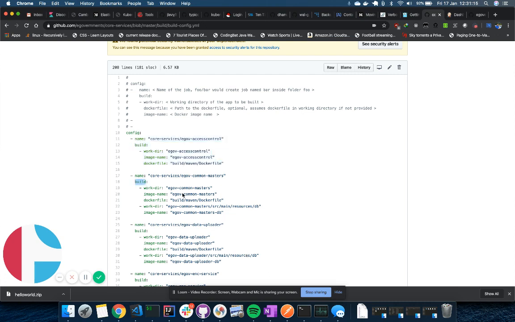So even the build has an array here. There are many scenarios, for example when we run our DB migrations using Flyway. I think you must have been told about that as well. So that also is a Docker container. So basically, a Docker image needs to be built for Flyway as well. So this is an array in which you can say, okay, for the same thing, I need another one. So as part of this build, I need two Docker images, not just one.